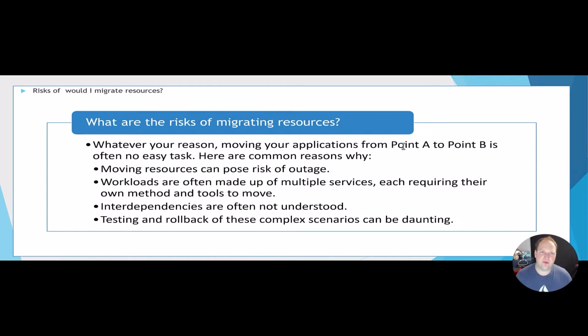So, as with anything, there are risks when you migrate resources between regions. For example, migrating resources between your source and destination region can pose a risk of extended outages. Your workloads are often made of multiple services. For example, you might have an application server that's reliant on an Azure SQL database, with separate tools and separate mechanisms